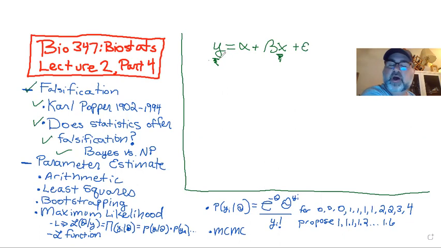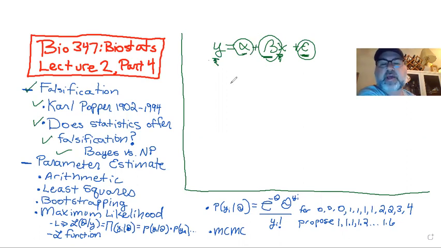So X and Y's, right? Those variables are observed. And from these, what we want to do is build a model, right? Which gives us a slope and an intercept. And then this is the error, since all of our observations will not fit a perfect line. So we have 1, 2, 3 parameters, okay? And then the question is, well, how do we find this out? How do we know this?